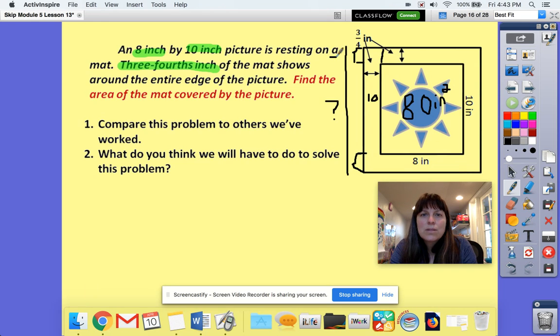So that means there's going to be 3/4 of an inch up top. And then down here, it's going to be the same, right? 3/4 of an inch at the bottom. So to find the total length, we're going to need to add 10 plus 3/4 plus 3/4. So an easy way to do that is just to add 3/4 plus 3/4. Okay, so if you're